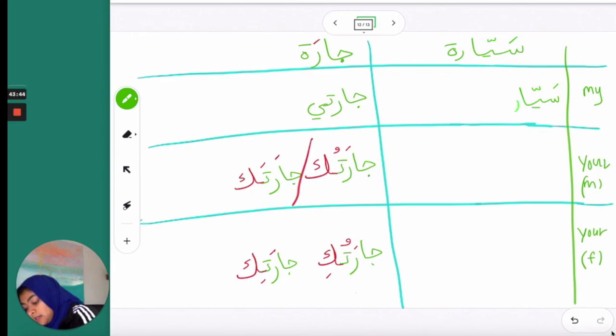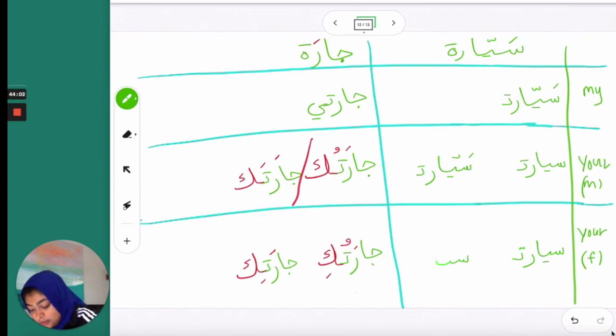So sayyara is feminine. So I'm going to put the ta marbuta, I'm going to open it so it looks like a regular ta. And I'm not putting all the harakats there because I don't want you to have too many harakats, but you should know that you pronounce it there with the shadda. Okay, my car, sayyarati, with the ya, sayyarati. Your car,